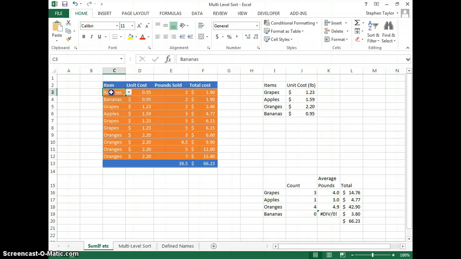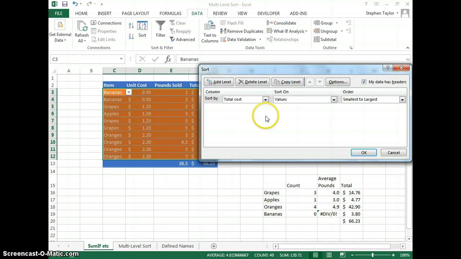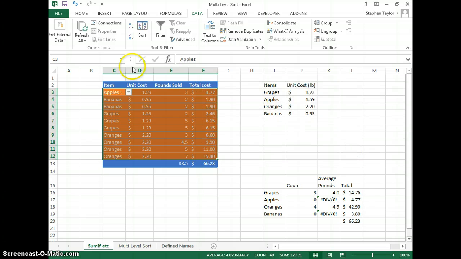And what we would do is to highlight that area there, because we want to sort it out, and we go up to data and we go to sort, and we're going to sort it not by total cost as it says here, but by item, A to Z. Okay, so now you see you have it in a nice alphabetical order, and we can go up again to data and just choose subtotal,